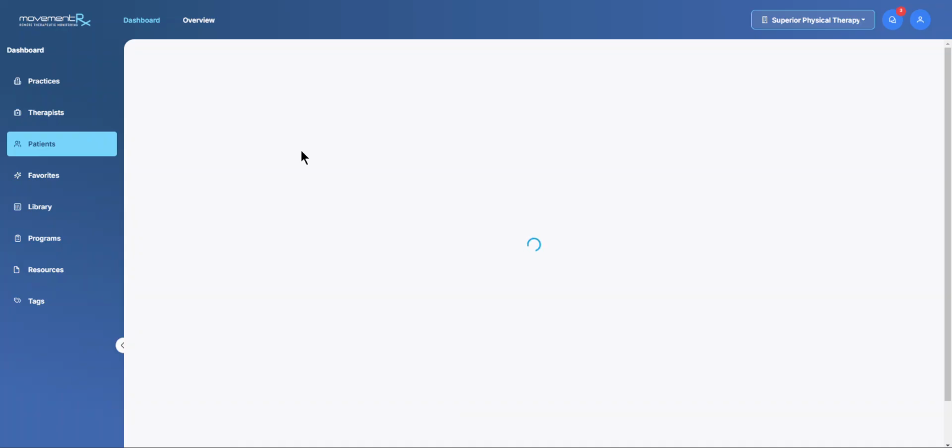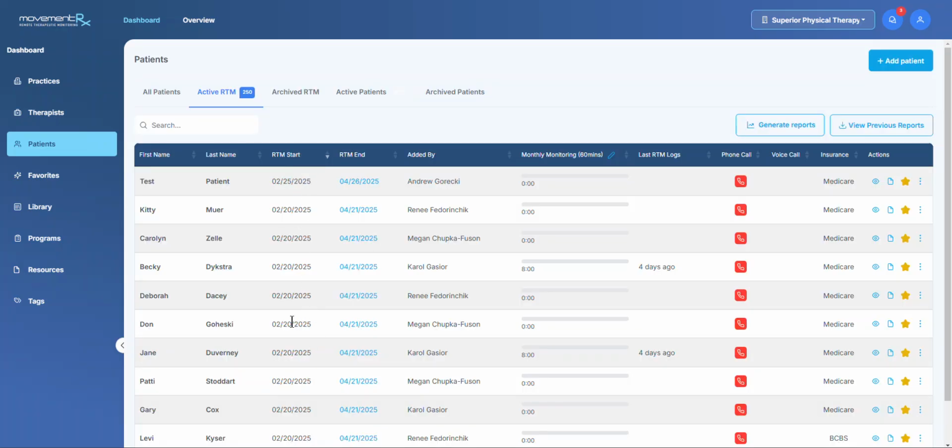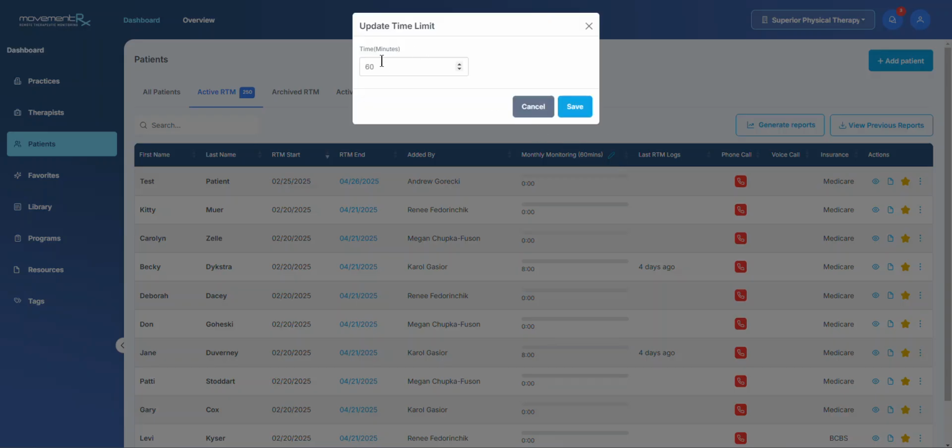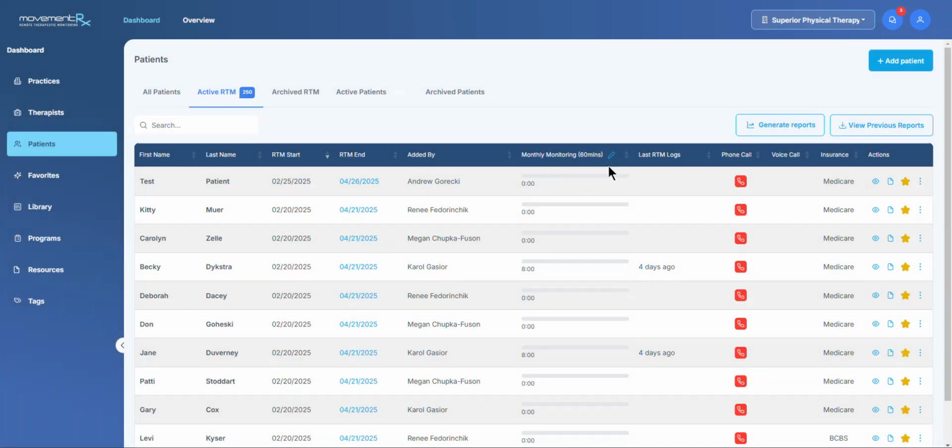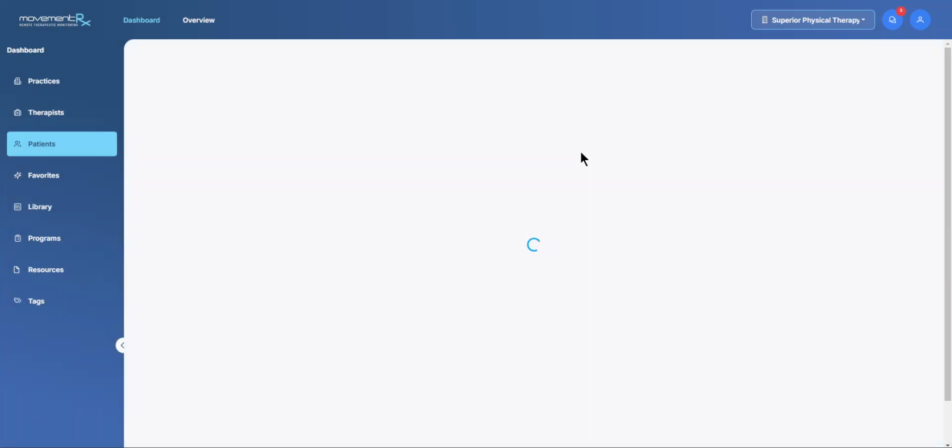I want to go back to my test patient. So all these rows are sortable, as you can see, I just did there on accident. Our test patient, you can see that I created the folder, or added the person to the system. Actually, it's the folder. And then this is the monthly monitoring minutes. This is editable. This is your goal for the month: 20, 40, or 60 minutes. And then you can see here, if I sort this column,